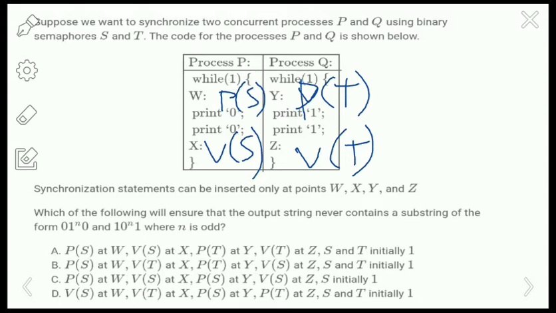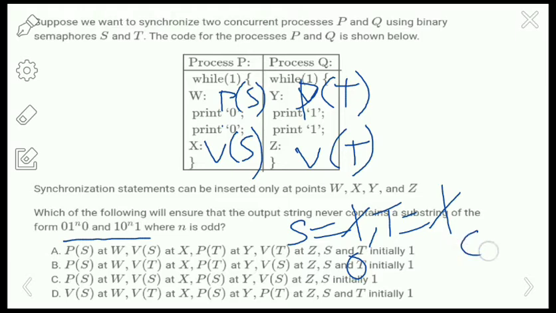But here both processes can access the critical section simultaneously, and it should not print strings of this type. Here the S and T values are both given as 1. So P of S means a down operation on S, it will become 0, and then P of T means T will become 0. Okay, so now it can print the strings here.